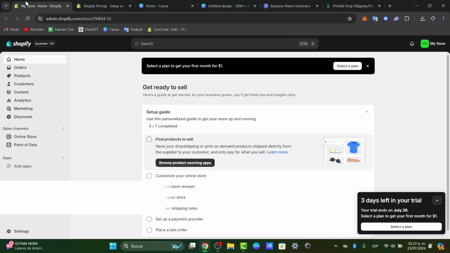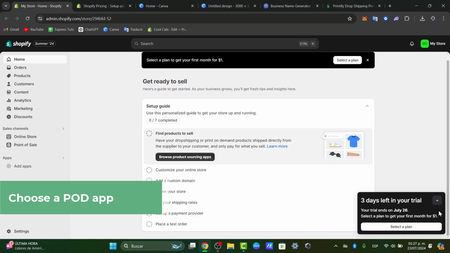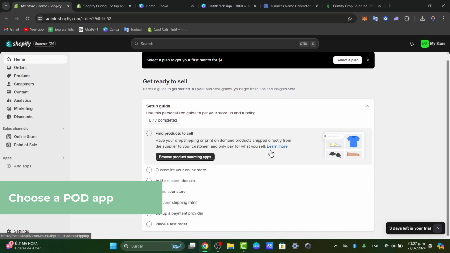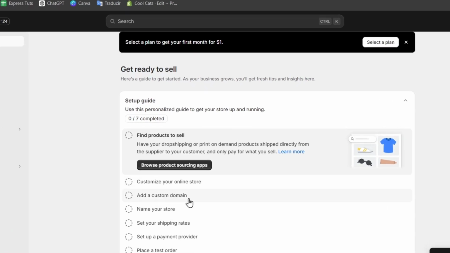So to get started, first of all, I'm going to start with a setup guide. You can see that we are here into Shopify. Let's understand a little bit the dashboard. Into the dashboard, you can see we have the home section. And into the home, we have a setup guide. So for example, help us to find products to sell, customize our online store, add a custom name to our store, setting up our shipping rates, set up a payment provider, and placing a test order. By the end of this video, we'll be doing all of these actual processes